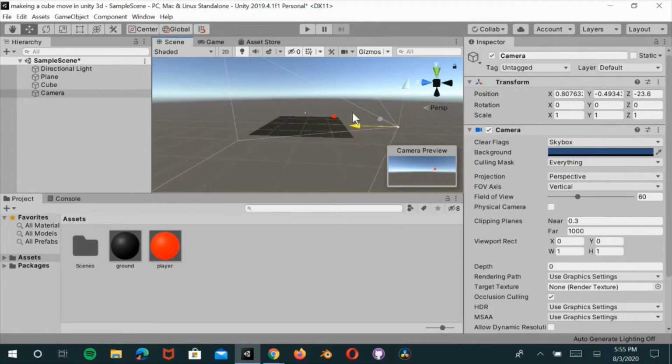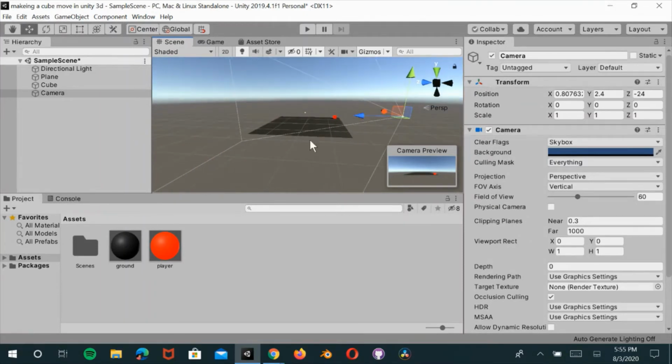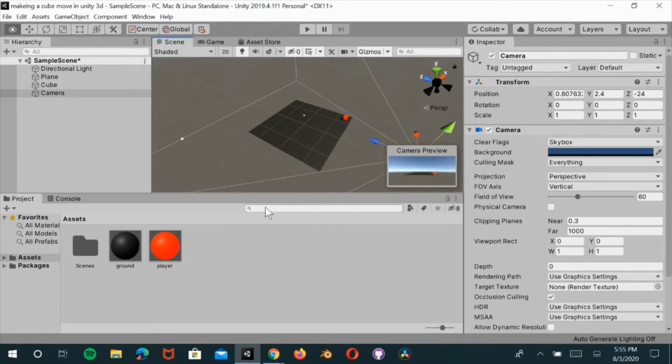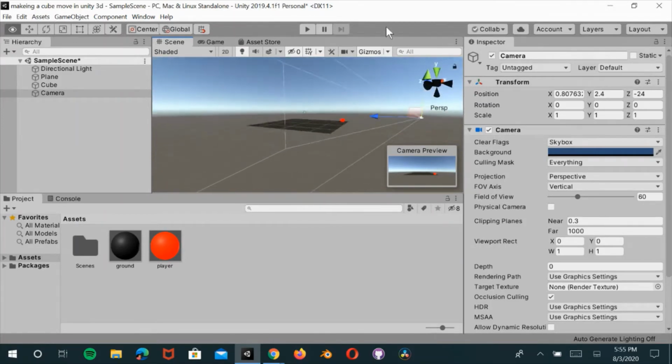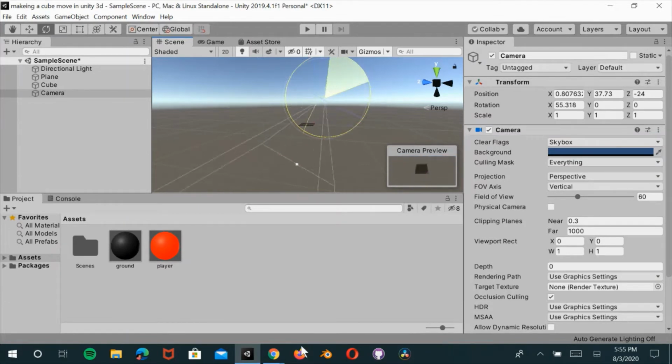It should be somewhere like this, so let's make it see the whole ground and the players. Let's drag it up, and to twist it, the shortcut is E, and let's twist, and W is for the grab tool,